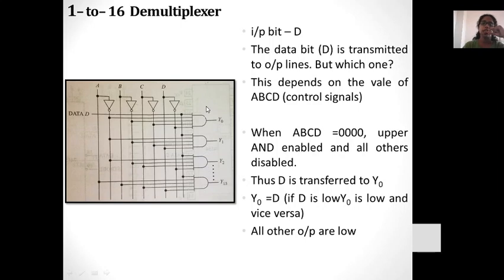Then what else? The 4 variable truth table: you have the conditions of A, B, C, D from 0, 0, 0, 0 to 1, 1, 1, 1. The corresponding fundamental products you know. The first one is A bar, B bar, C bar, D bar, and the last one is A, B, C, D. Accordingly it is connected to the AND gates. Got the point? So this is the output. You can see the AND gates and the outputs. So draw the circuit and learn.